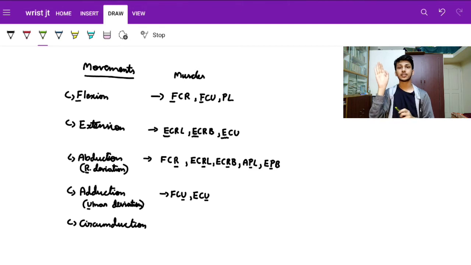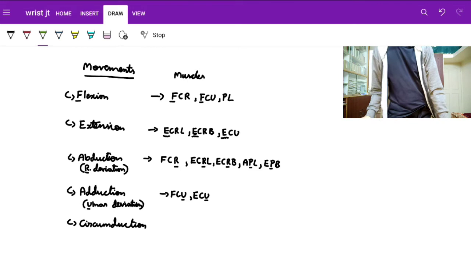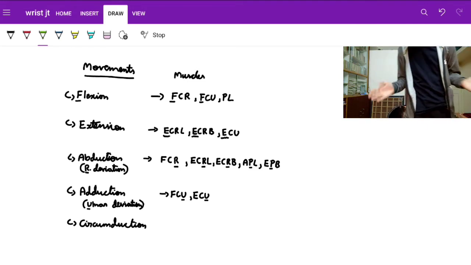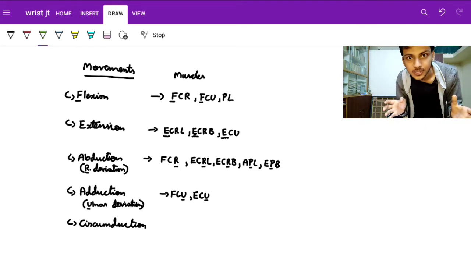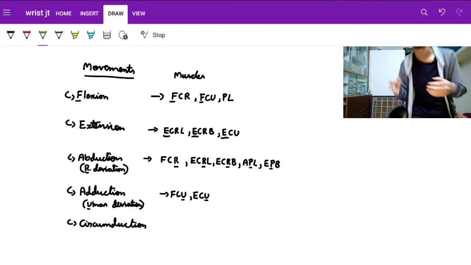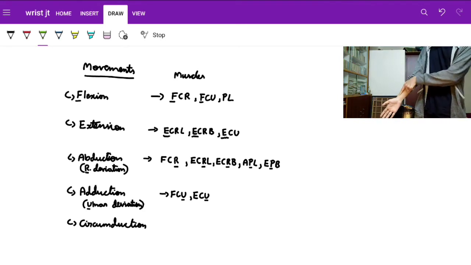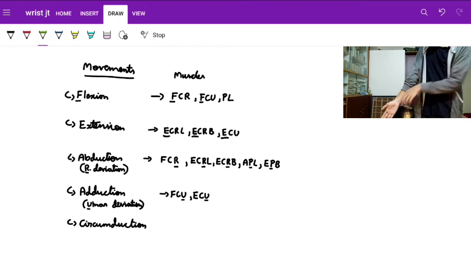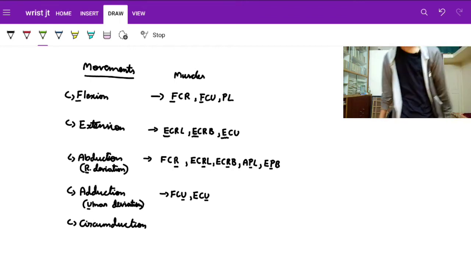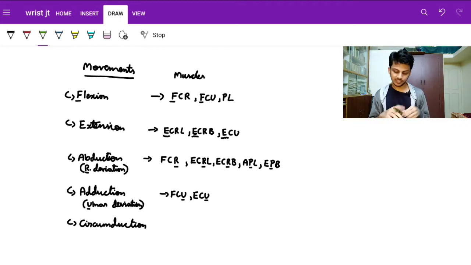Shouldn't this be adduction? That doesn't happen in case of any joint, because see here, in any movement of a joint, it is demonstrated based on its anatomical position. So this is the anatomical position of a person. So this is my radius, right? Abduction is also called radial deviation. See, radial deviation. This is my midline, it is moving away. So this is abduction. This is my midline moving towards. This is adduction.